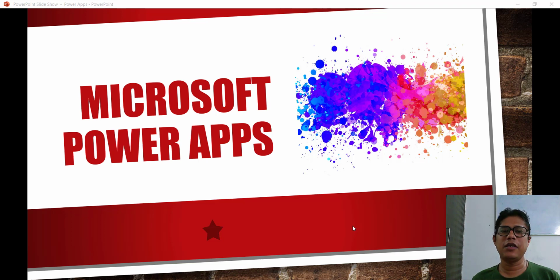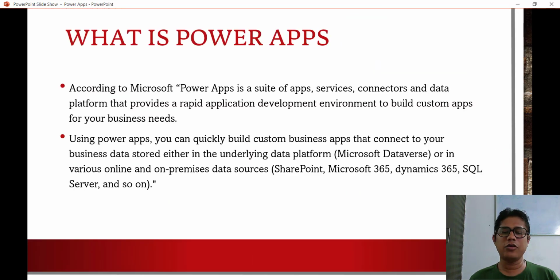Okay, now we will see about Microsoft Power Apps. So the training now will start for Microsoft Power Apps, and for starting that, let us first understand what is Microsoft Power Apps. Now, according to Microsoft, Power Apps is a suite of apps, services, connectors, and data platform that provides a rapid application development environment where we can build custom apps for our business needs. So as an organization, we can use this Power Apps development environment to create apps for your business